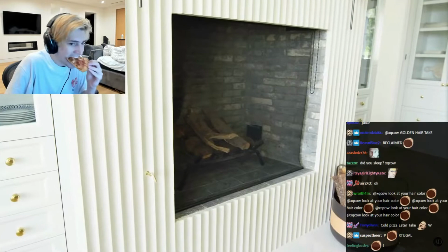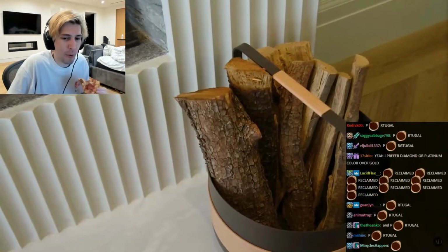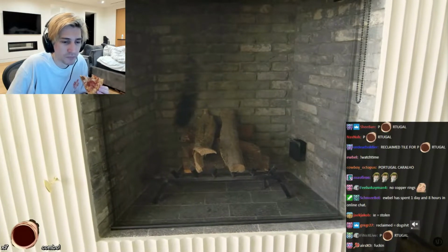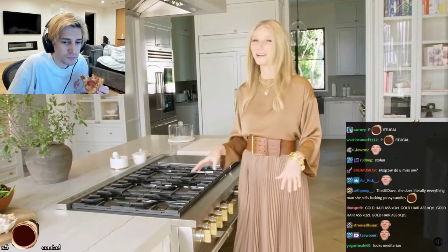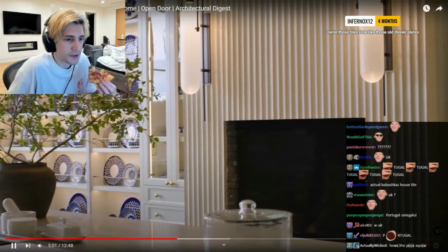We also put the fireplace in, which is such a luxury, to be able to have a fireplace in your kitchen. You know, it does take me back to my days living in the UK. I had two wood-burning fireplaces in the kitchen, and it was just such an important element of beating the